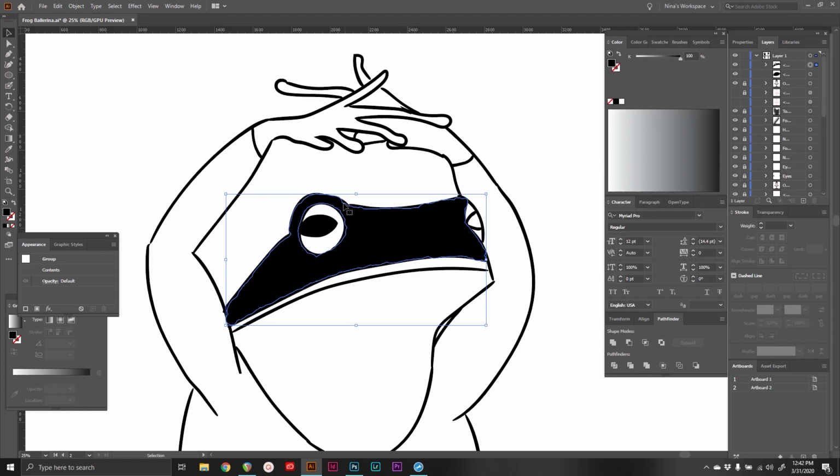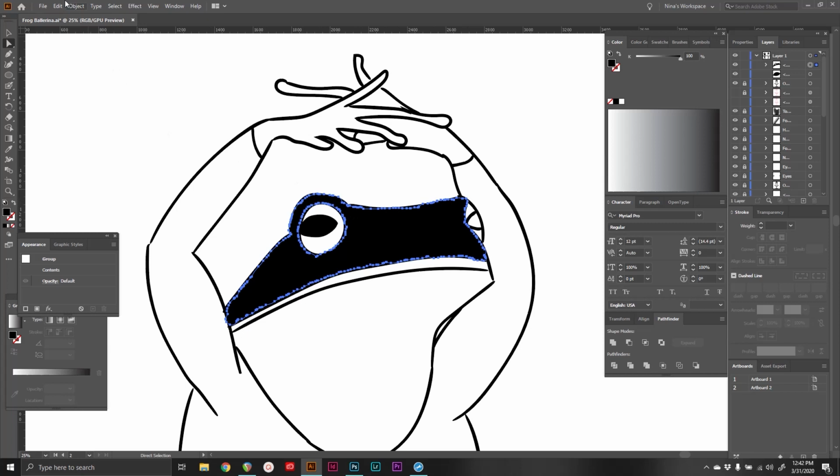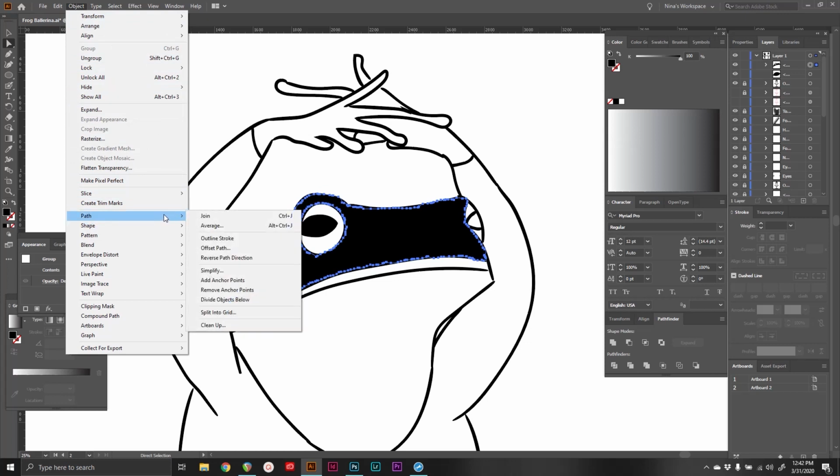And as you'll notice, the edges here are pretty jagged. They don't really matter because we have an outline anyway, but it does affect the artwork by making it a larger file with all of these. If you go into your direct selection tool, you can see every anchor point, and there are a whole lot of them. So what I like to do after I use the blob brush tool, if you can't see the edges anyway, and it doesn't matter if they're smooth or rough, is go over to Object, Path,